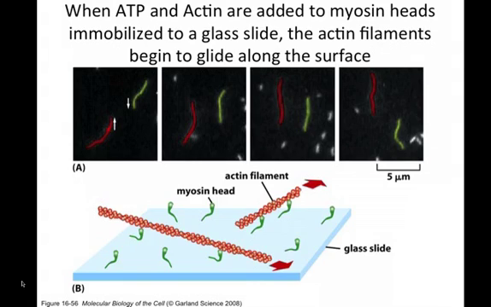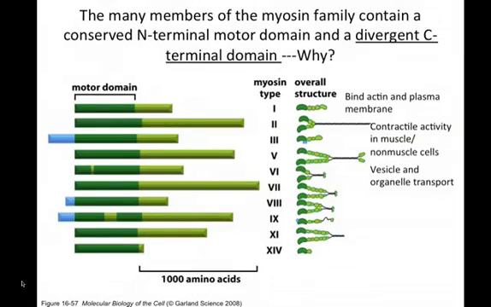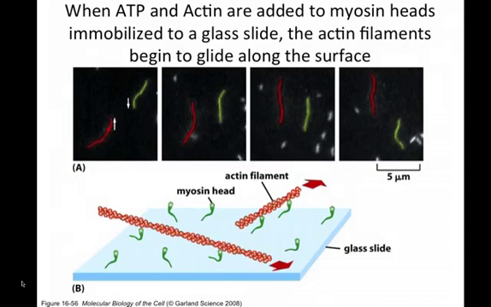Here you go. So you can actually see that these two different actin filaments are moving around on the glass. I believe I have a movie coming right up. It's coming up, I think. So ATP-dependent movement of the myosin allows movement along the actin